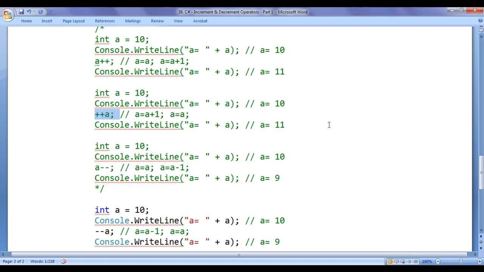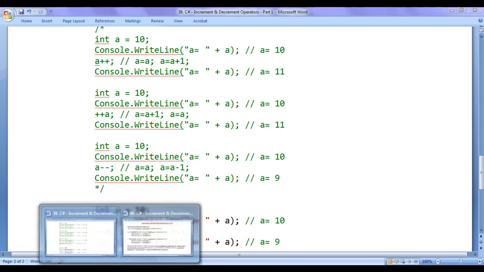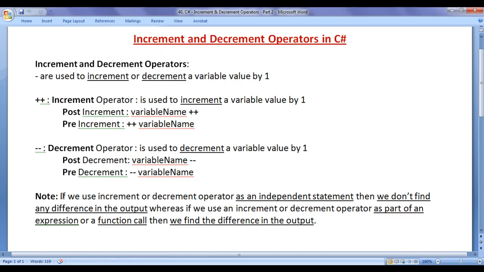When do we get the difference in the output? I told you to remember this point. If we use increment or decrement operator as an independent statement, then we don't find any difference in the output. Whereas if we use an increment or decrement operator as part of an expression or a function call, then we find the difference in the output.